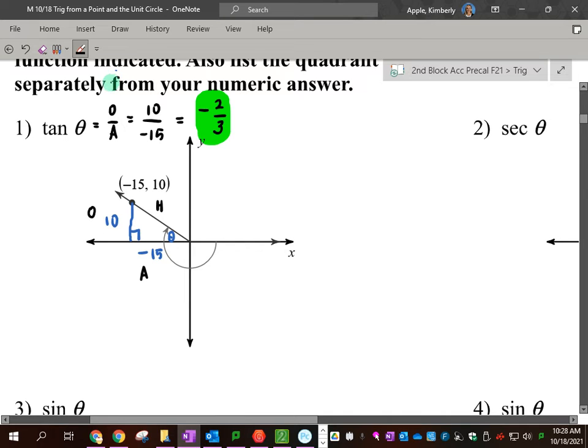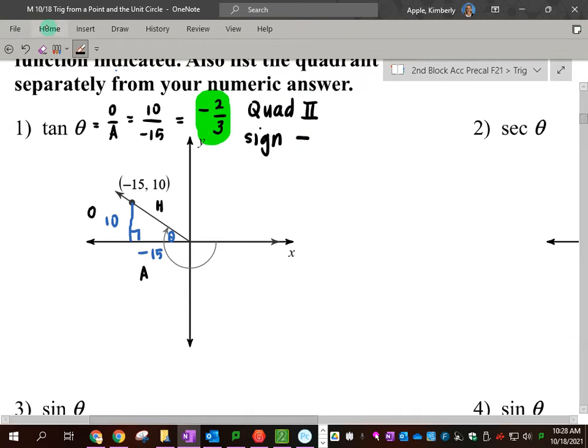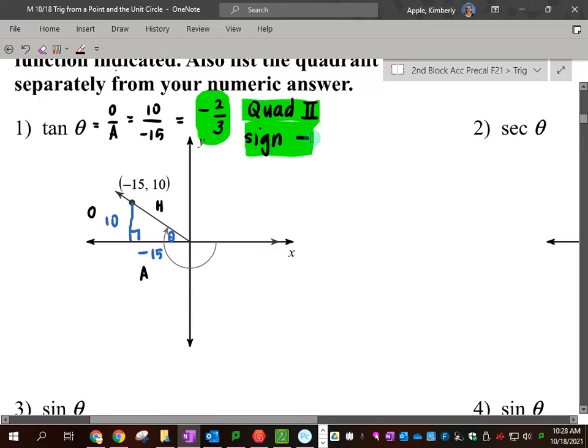All right. So the instructions ask you to do two other things on each one of these problems. So this is the numeric value of the ratio tangent of theta. And then I'd like you to tell me what quadrant the terminal side is in. This is quadrant 2. And then I'd like you to tell me the sign. I can clearly look here and see it, but I want us to draw our attention to it. The sign is negative. And so this is the format that your answers will be in. I will need those three things specifically stated